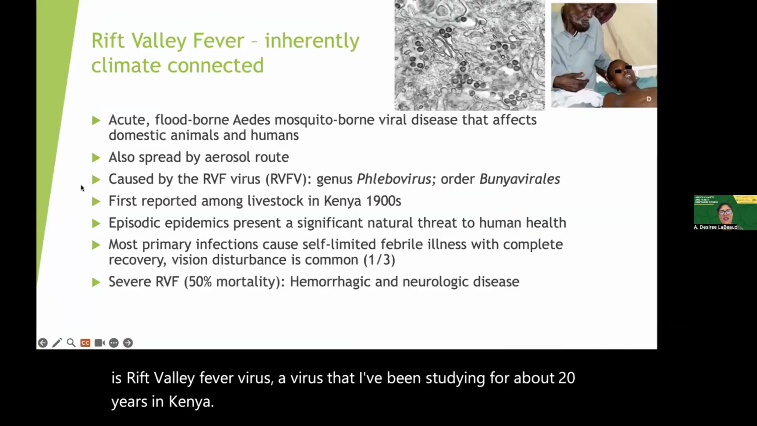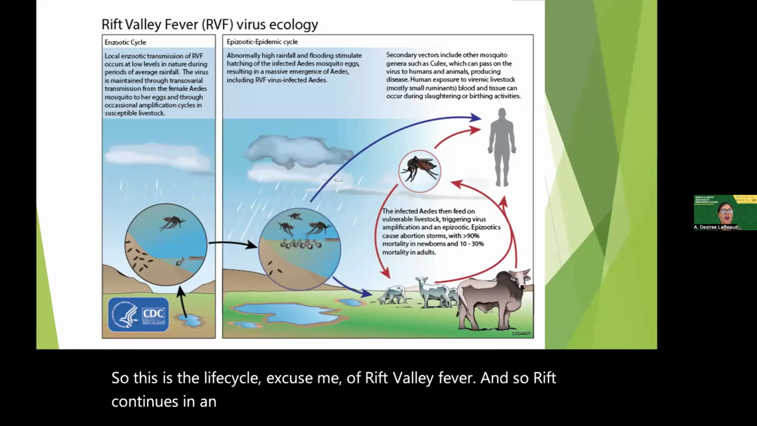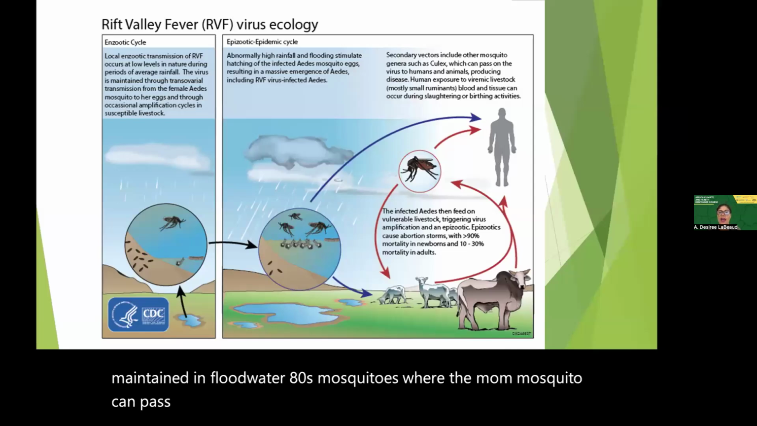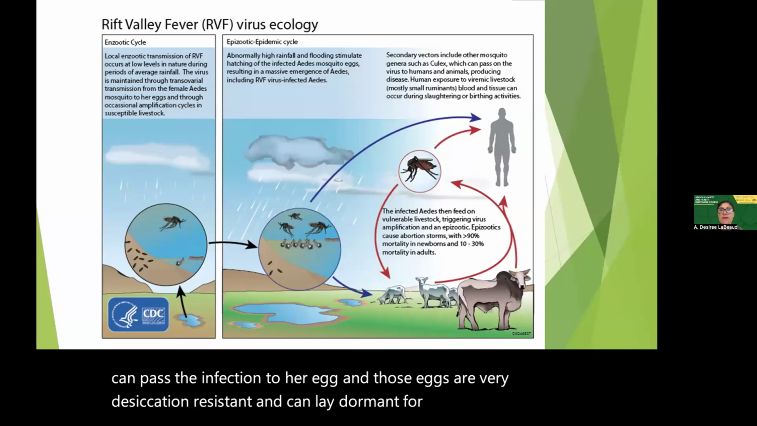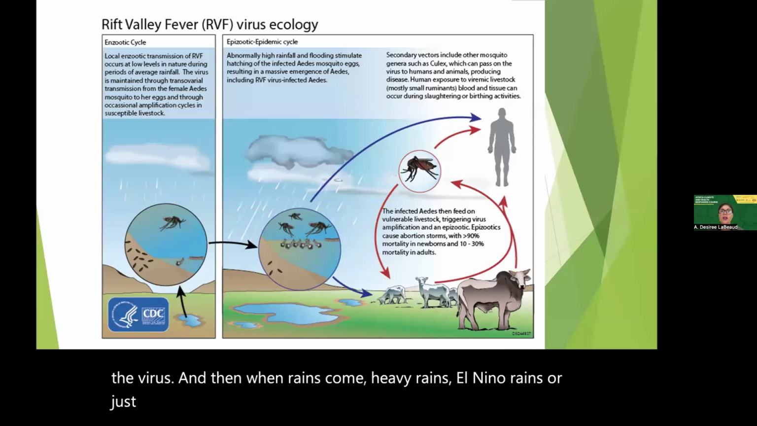So this is the life cycle of Rift Valley fever. And so Rift continues in an enzootic cycle where in nature, it's sort of maintained in floodwater Aedes mosquitoes, where the mom mosquito can pass the infection to her egg. And those eggs are very desiccation resistant and can lay dormant for years, infected with the virus. And then when rains come, heavy rains, El Nino rains, or just seasonal flooding, you get a huge bloom of these mosquitoes that are already infected with the